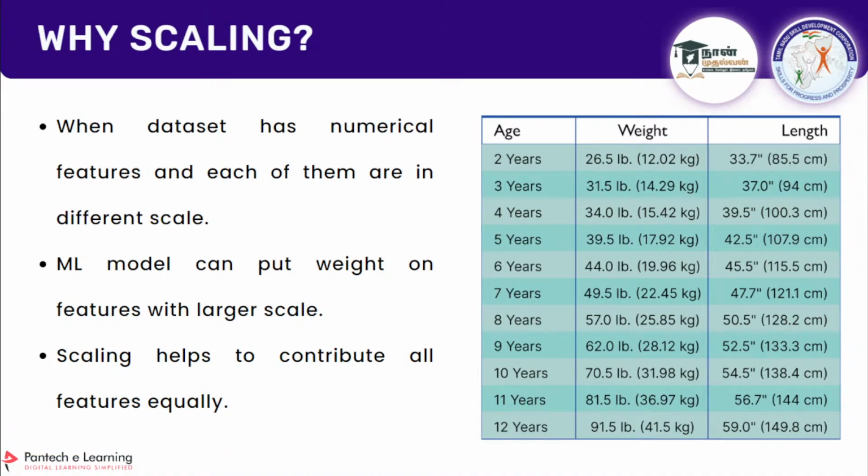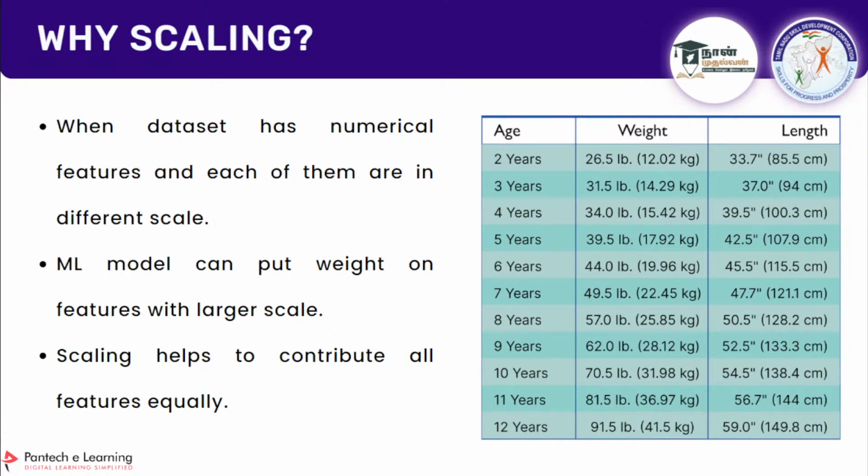We are going to do something statistics with the help of machine learning model, but if you don't do the scaling, all these things will be in different range. So what may happen is, okay, when the data set has numerical features and each of them are in different scale, machine learning model can put weight on a feature with larger scale. Okay, for example, see here, this is the largest value, right? This is in like 2, 3, 4 in that range. This is double digit, this is single digit, this is double digit, this is triple digit. So this will be a larger scale, so the machine will understand this is the important feature. So it is going to put a weight on it, okay, it should be avoided.